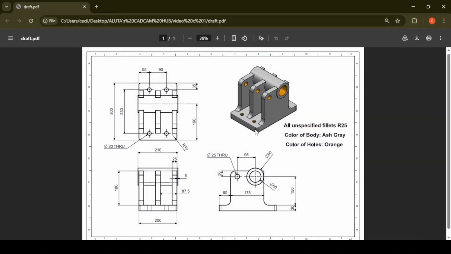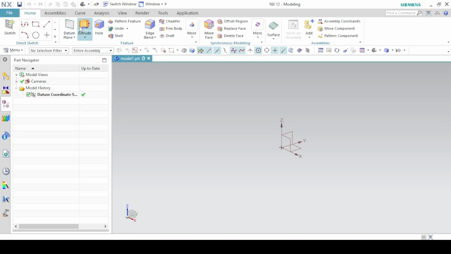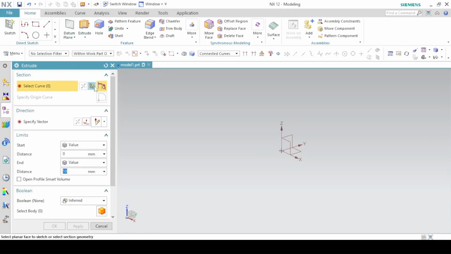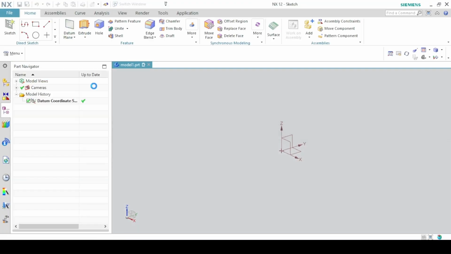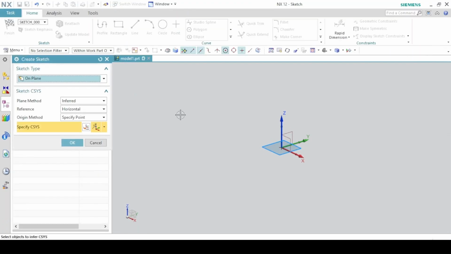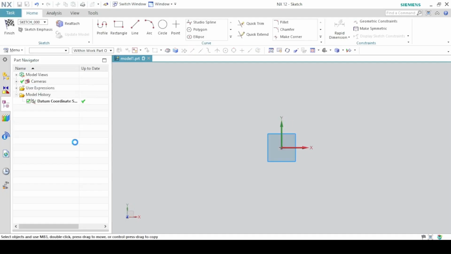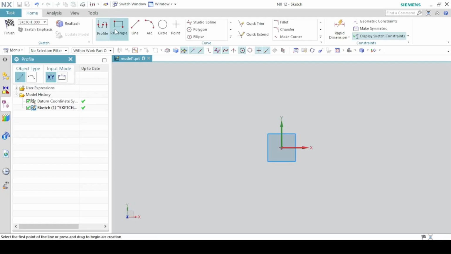Now let's start first with the rectangular plate. It has a length of 200, a width of 300 and a thickness of 30 millimeters. Extrude, because we are adding material. Sketch section. You're going to sketch the section of the rectangular bar on this XY plane, which is already selected by default. So okay. And you draw a rectangle with the from center method, and the center should be on the origin.